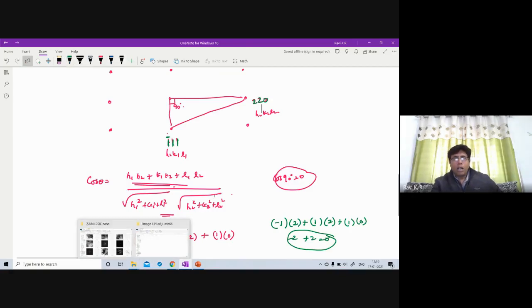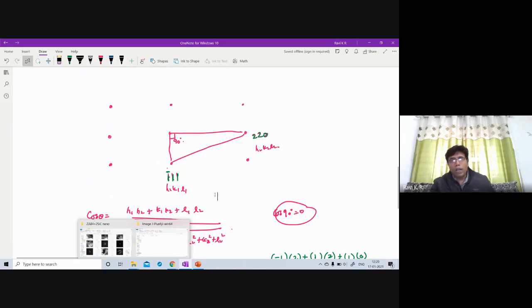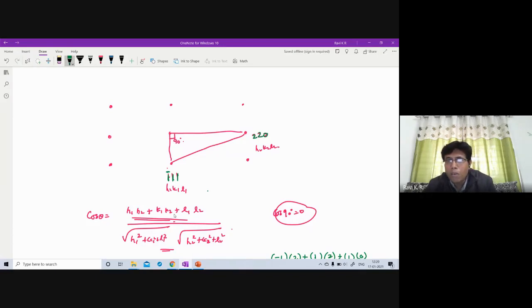Okay. Now, how to find the other members that we need to calculate? Let's say that you have a unit cell. What is this plane? The front plane. What is this plane? 100. If this is 100, what is the backside plane? 1 bar 0 0, sir. 1 bar 0 0.